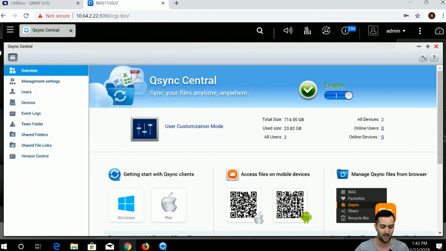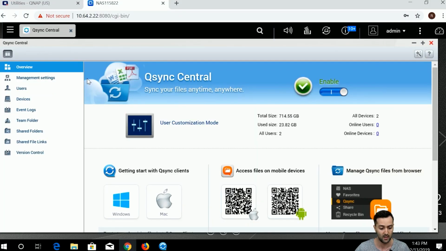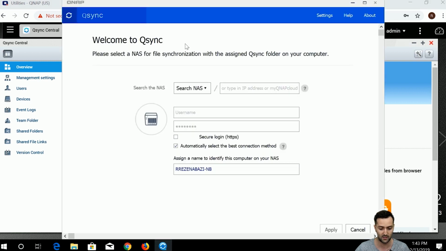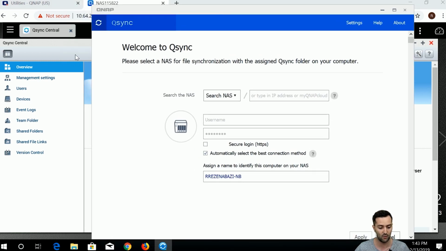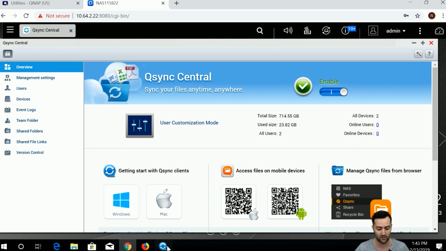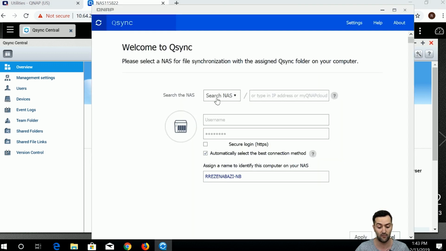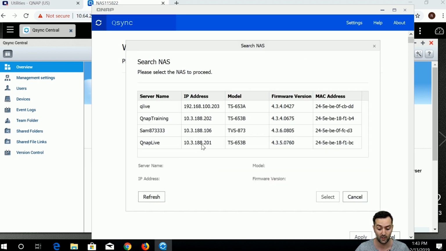So going back here, we see the Qsync Central, then we have the Qsync client. To do so, we have to open first the Qsync client by searching for the NAS, and there are actually three options to do so. First is via the LAN. You can search for your QNAP NAS that you want to sync. If your NAS is here, then you just simply select it